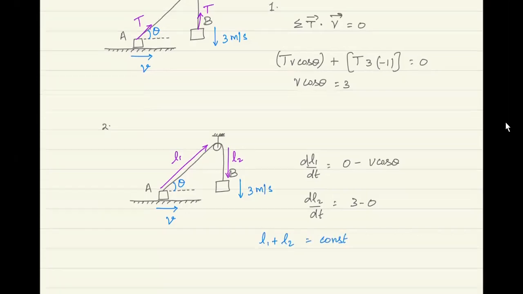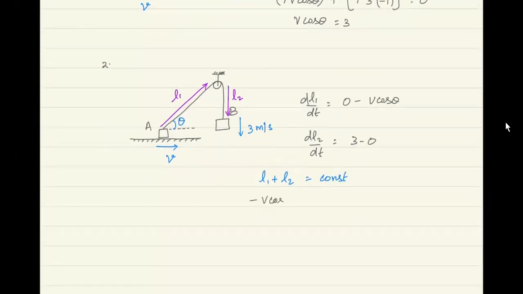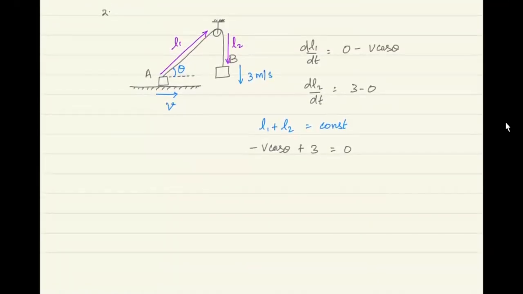Differentiate this. So dl1 by dt will be minus v cos theta, dl2 by dt will be 3, and differentiation of a constant becomes 0, and you will get the relation v cos theta equal to 3. A third way of relating the velocities